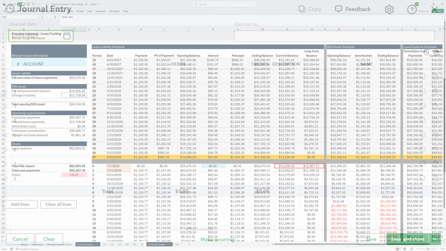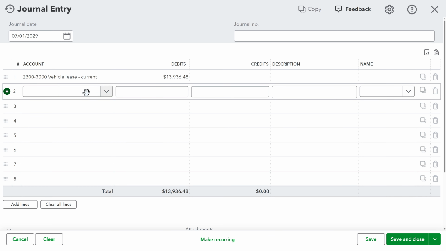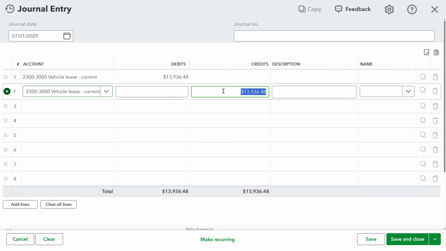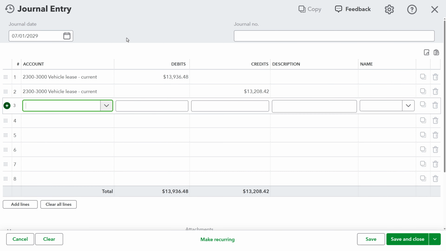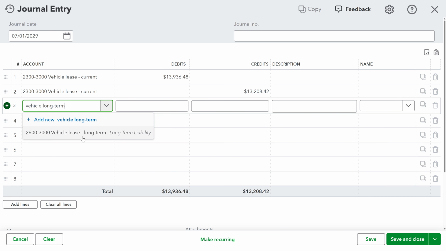So let's clear them out first. This will be a debit to vehicle lease current, and the value currently in that account is $13,936.48. And there was no long-term value, so we don't need to do anything there. Then we'll record our post-remeasurement opening liability balances. First, we'll credit our vehicle lease current, and that we calculated as $13,208.42. Then we will credit our long-term liability, and that we calculated as